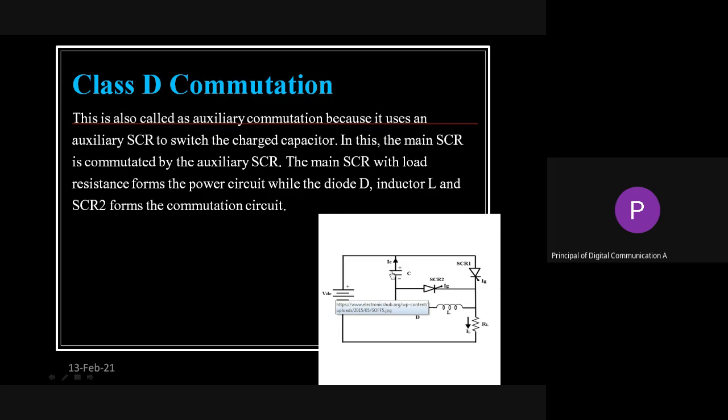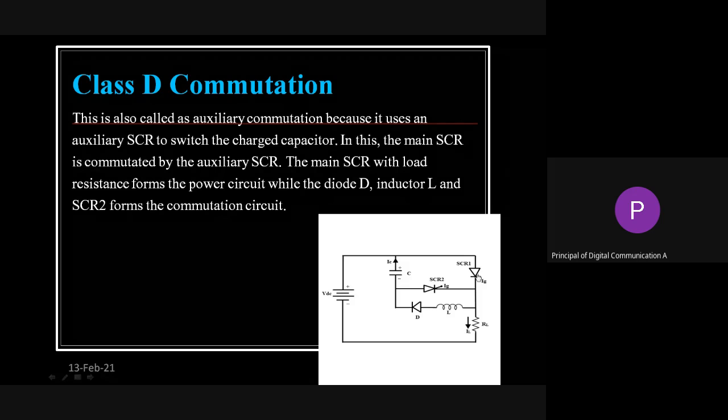And once this charging is stopped, the capacitor becomes off and works as an open circuit, and due to that SCR2 goes into an off condition. Okay, so this is the first part. Now at the same time, with SCR1, our main target is to make SCR1 off, and if that SCR1 is still on, the current is going to flow through E plus